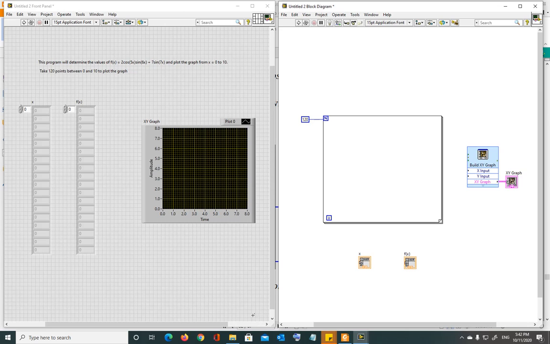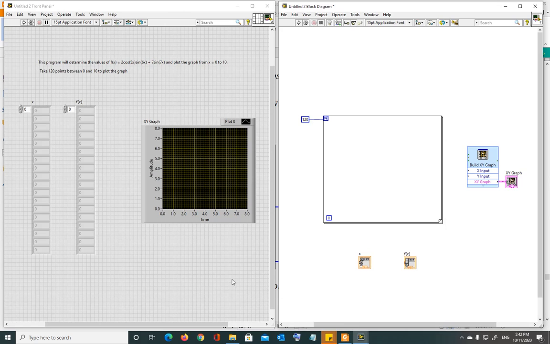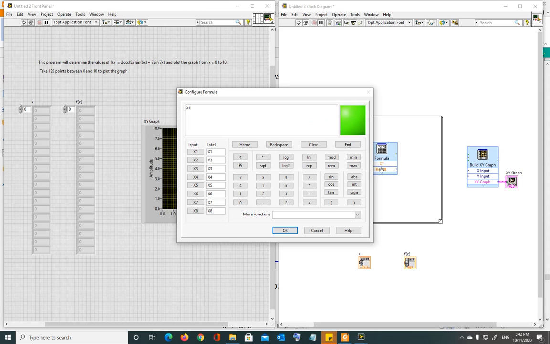So what I'm going to do, instead of using individual blocks, I'm just going to use the formula block. It's easy to use the formula block, otherwise you will have to write the whole function with different blocks. So I'm going to write this function